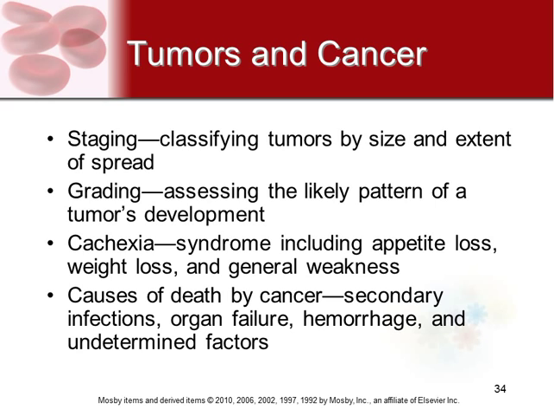So tumors are also really divided a lot by staging and grading. So we stage tumors to classify them by size and the extent of the spread. Like, you've probably heard somebody say, I have stage 2 lung cancer. That does vary a lot depending on what the specific type of cancer is. But it is a way of classifying exactly how large the tumor is, and whether it's a benign tumor, or a malignant tumor, or has actually metastasized.